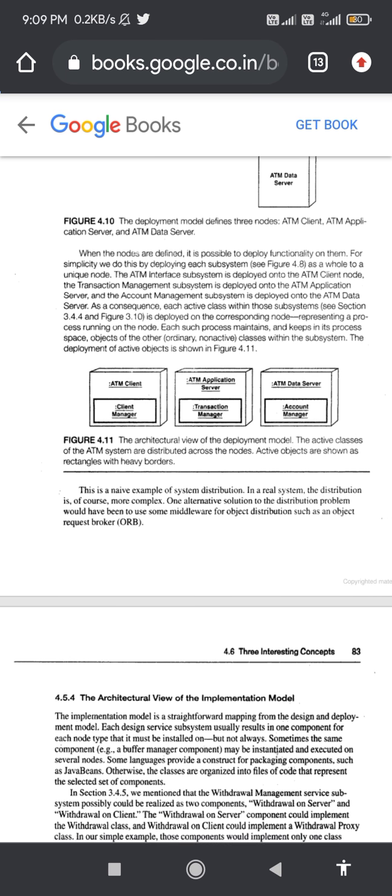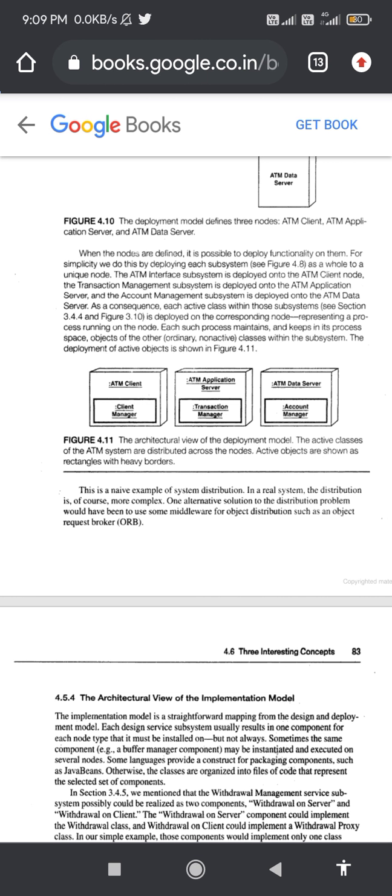The account manager is deployed into the ATM data server, the transaction manager is deployed in the ATM application server, and the client manager is deployed into the ATM client.